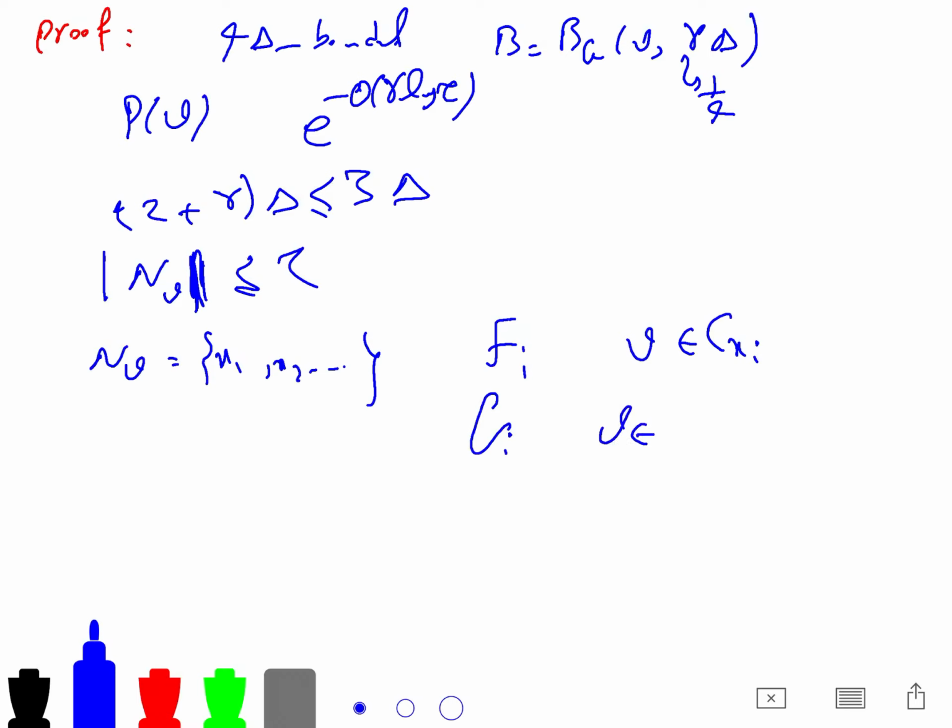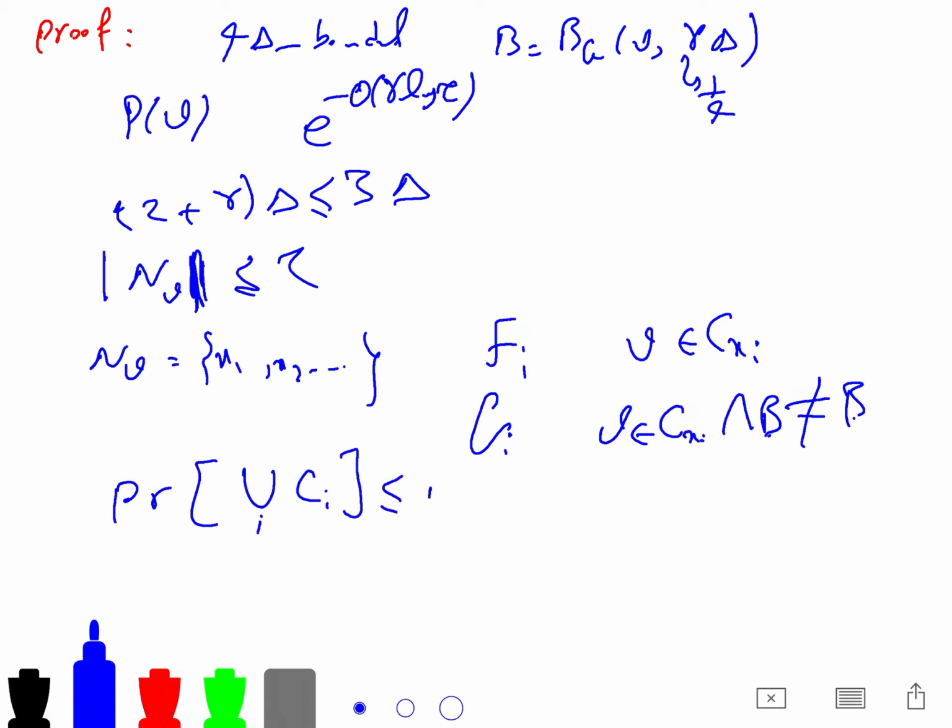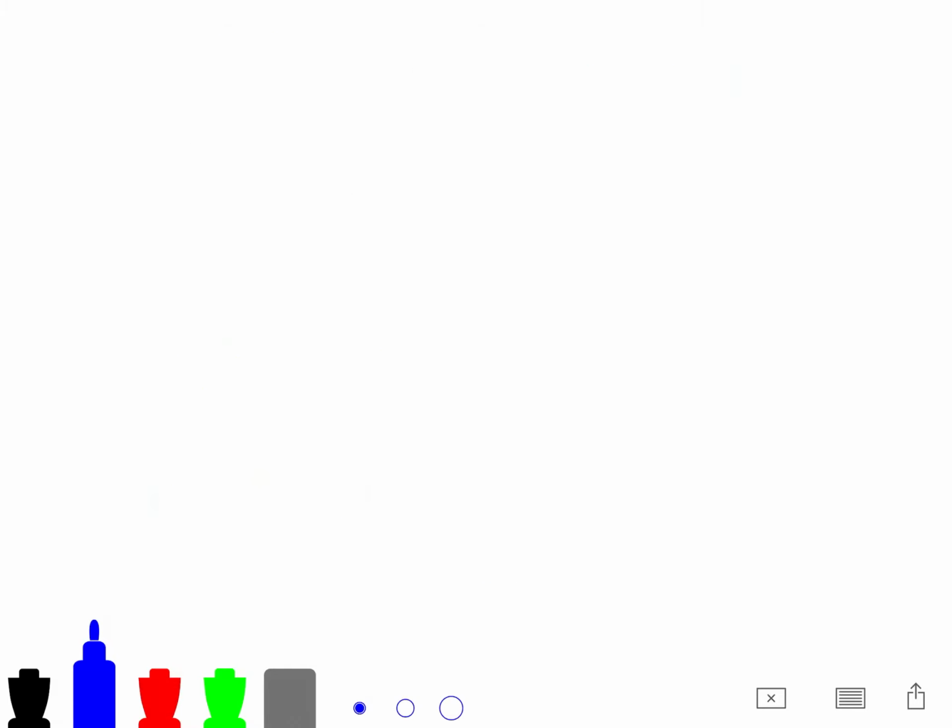That is, V is in Cxi intersection B, but it is not all of B. So to prove the theorem, it is enough to prove that the probability of the union of Ci's is less than 1 minus e to the minus order of gamma lambda, and we set alpha equal to minus 2 gamma lambda, and so this is proved. But because of the interesting thing in claim 3,